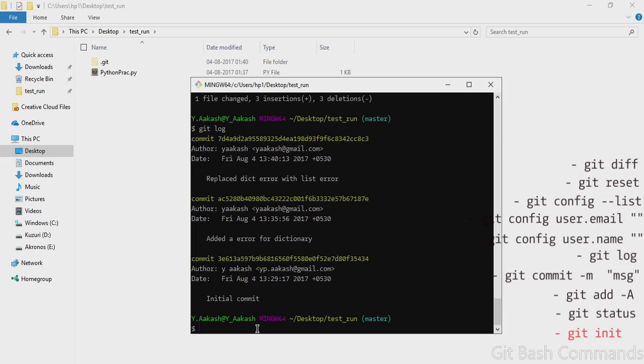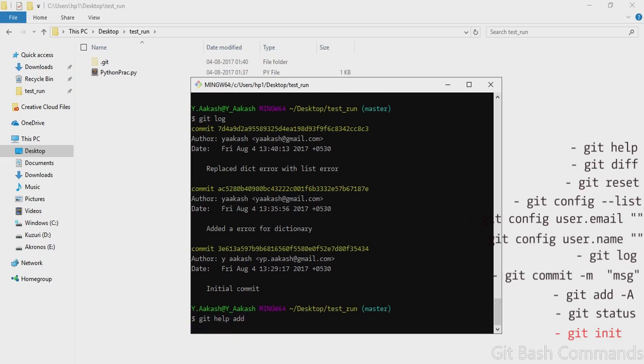Okay, so that's the whole thing you can do with the local versioning system. Now a little more: if you are stuck somewhere and you don't know any commands, you can run git help and then the command which you want to see. So git help add, if you want to see the help for the add command,